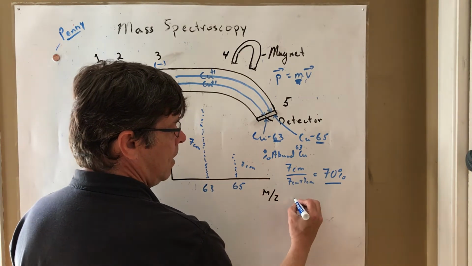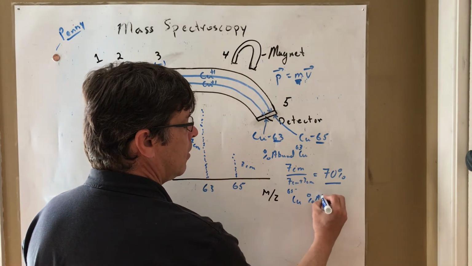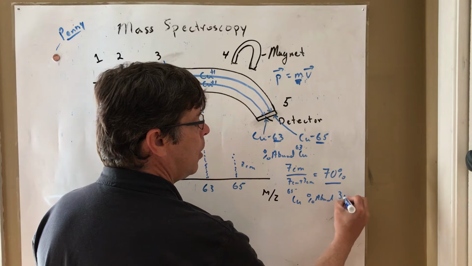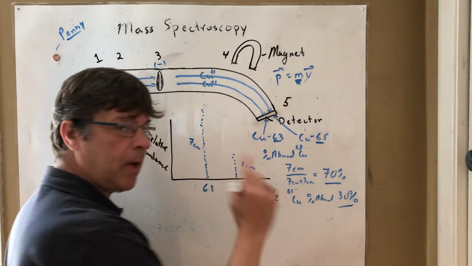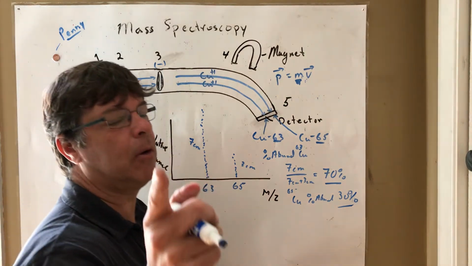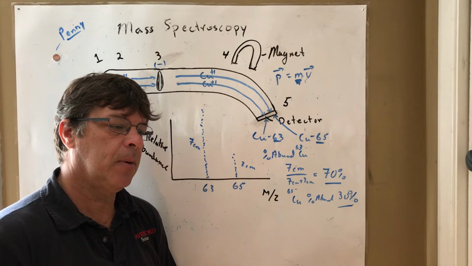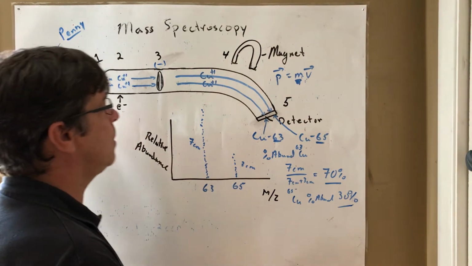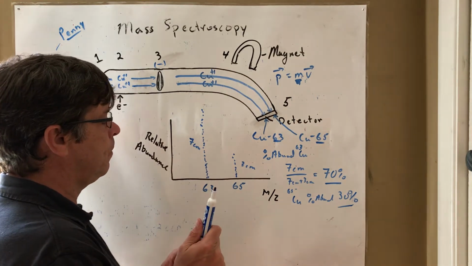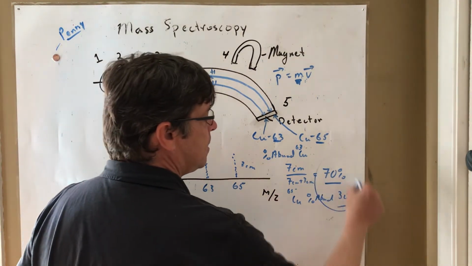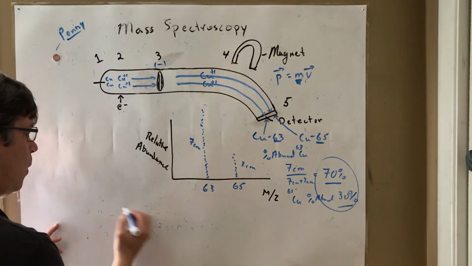Of course, then copper 65 would have a percent abundance of 30%. Okay? There's only 2 naturally occurring isotopes of copper, because there are some man-made isotopes of copper. All right, so we'll do one more calculation. Let's use these to figure out the atomic mass, what's given on the periodic table. So what we can do is take